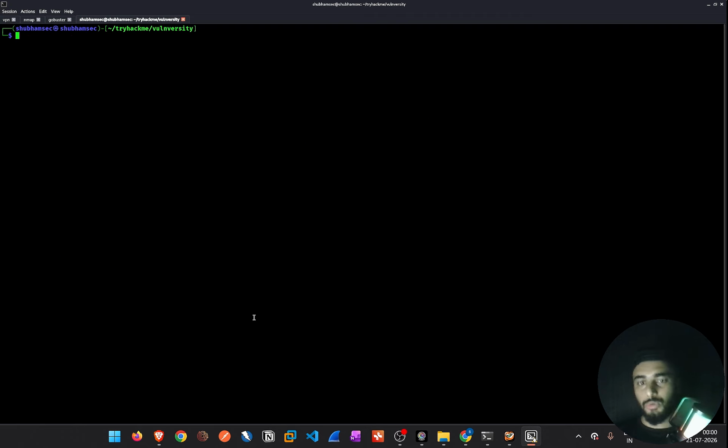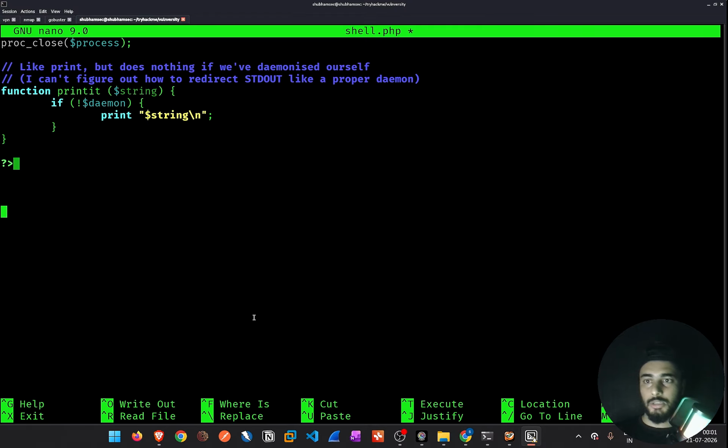Control Shift T to open a new terminal, and here we are going to do our shell process. So what we are going to name this shell is shell.php. Press enter, Control Shift V,